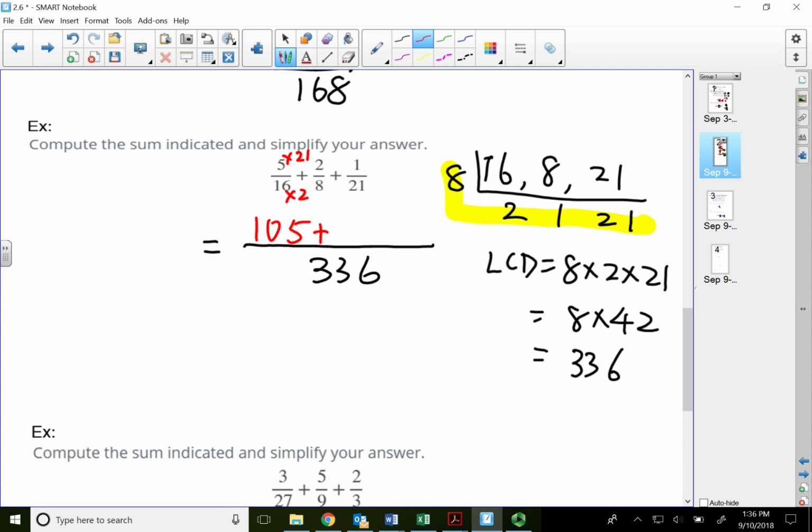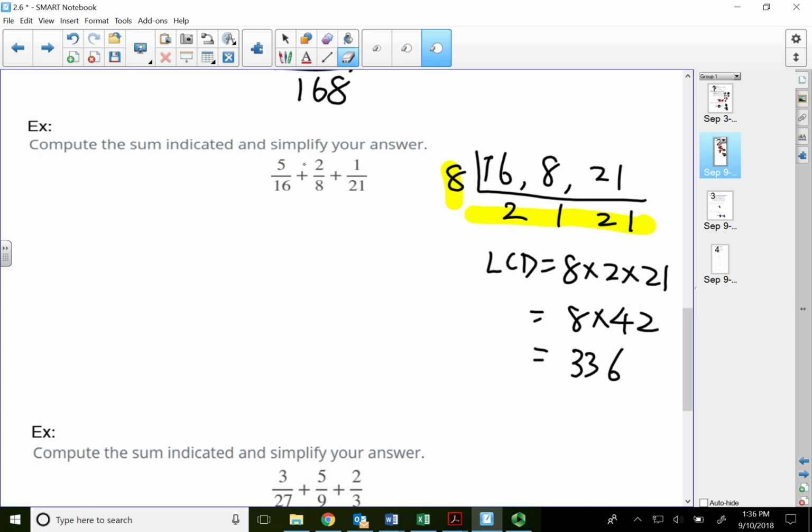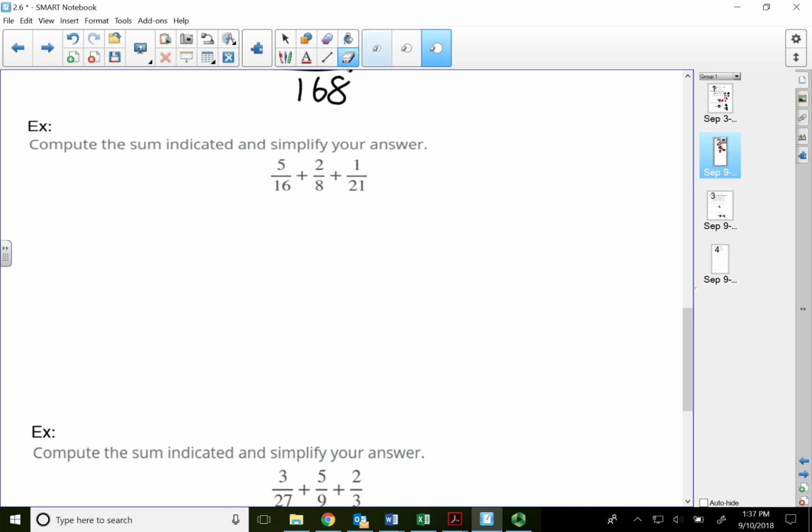Oh, you know what? That 2 over 8 can be reduced. Let's scratch all this, and I do apologize. Because addition and subtraction signs separate terms, within every term I can actually reduce that fraction if I want to. And I want to do that because it makes my numbers a little bit smaller. 2 over 8 reduced by 2 is 1 over 4